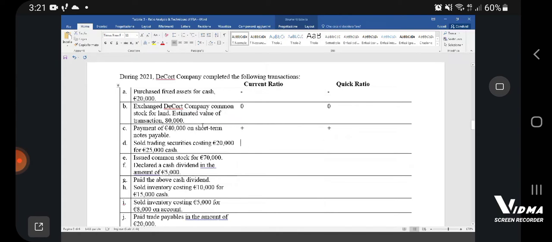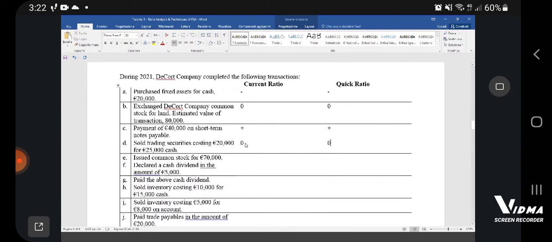Okay. So trading securities costing 25,000. That means that we are selling for a gain. We are selling at a gain, at a value which is higher than the cost of purchasing. Okay. What does that do to the current ratio? Will it be changing? I say no, and neither the quick ratio. Why? Because,